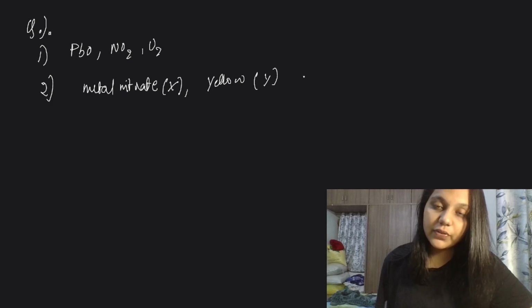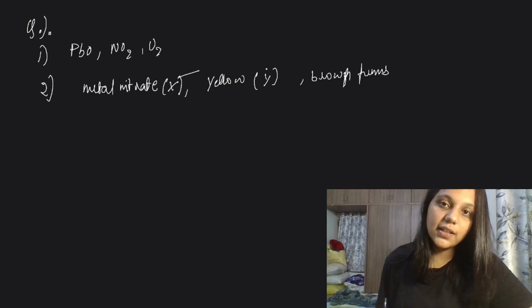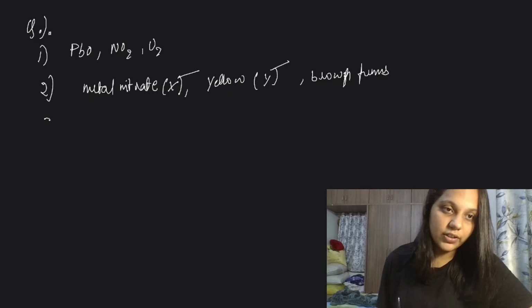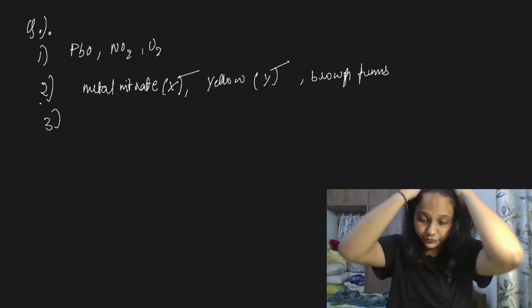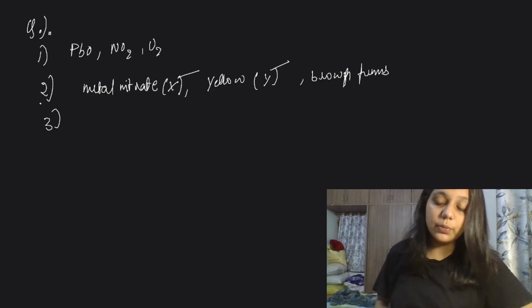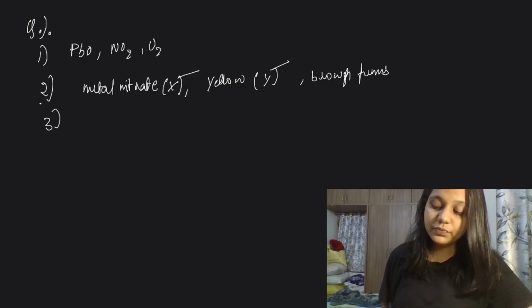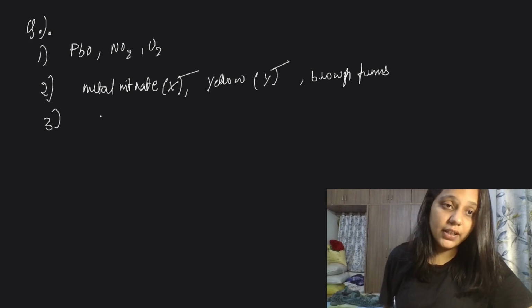Identify X and Y. When brown fumes come, you need to understand there is a release of nitrogen dioxide. You need to understand what X and Y are, and write the proper full equation. The third one: during a laboratory experiment, a student heated some pale green crystals, remember green